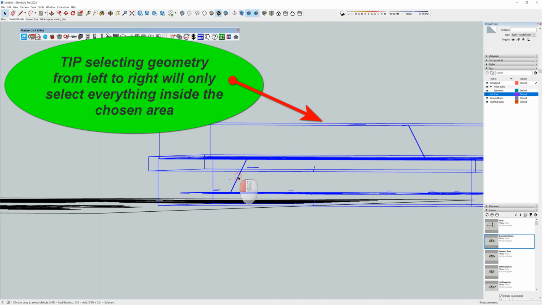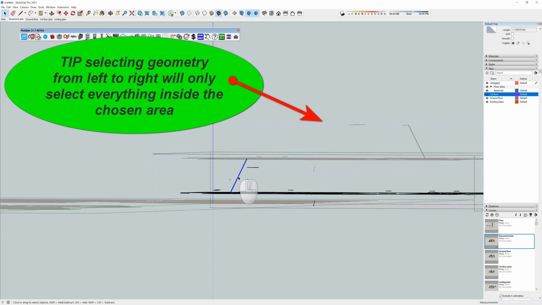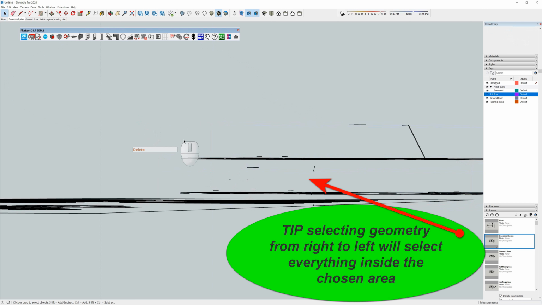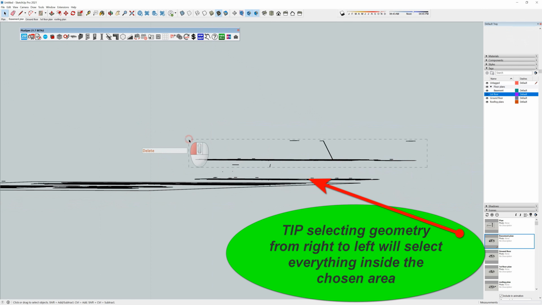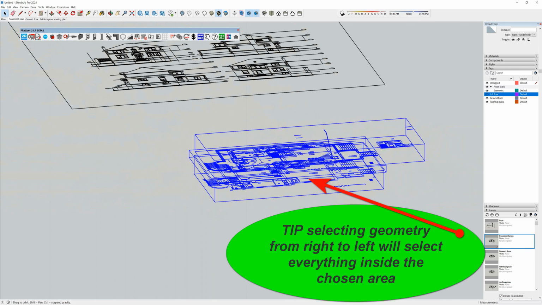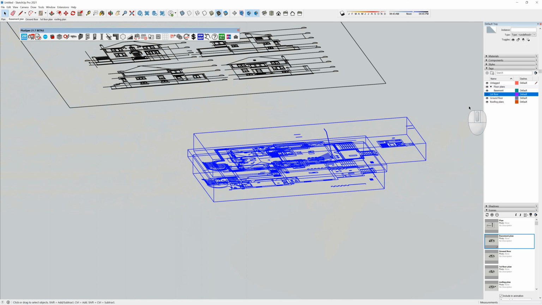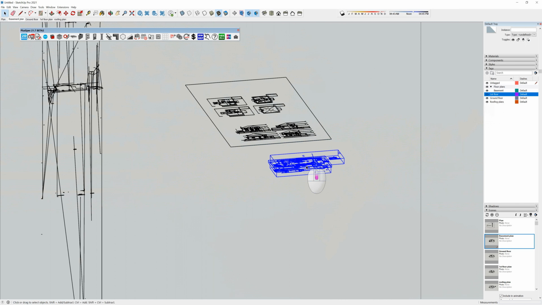Right, it looks as though we've got a line there that's actually joined these plans together. I'm going to delete it. Okay. And it's still something that is grouped between those plans. So there is a bit of an issue there, and it's got to do with when we looked at those plans